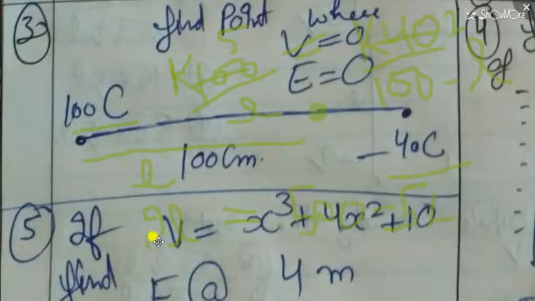So this 5L will be added here. So you can get L equal to 500 by 7. So approximately 70 centimeter can be the answer. So this is the point where